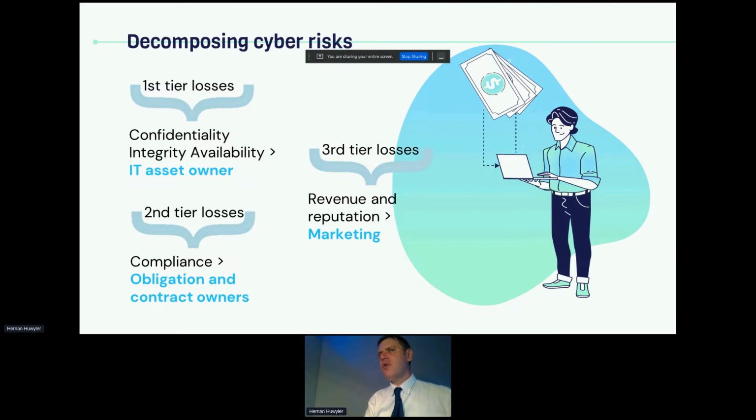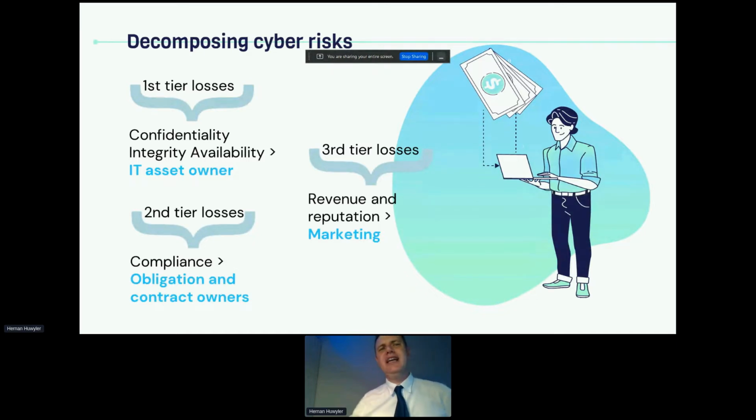When it comes to modeling these losses, we need to understand that there are different probabilities and scenarios for these losses to occur. We may have a breach, and we may have 100 customer records lost.